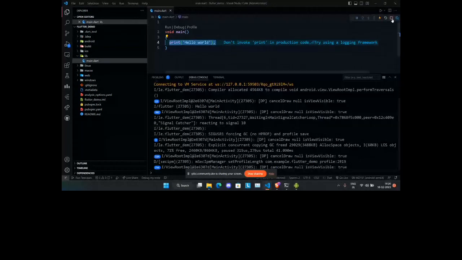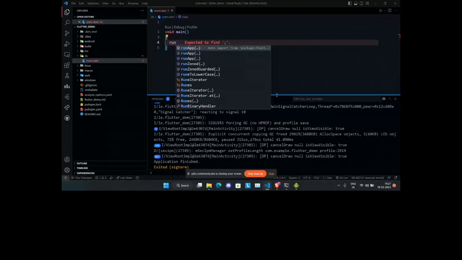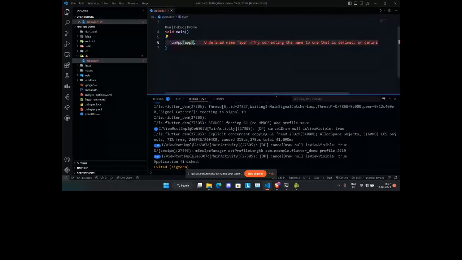Let's just stop it right here, and let's make an application first, and then we will explain the syntax. So for running an application in Dart, what we have to write is runApp, and then we have to pass in the application we want to run in here.